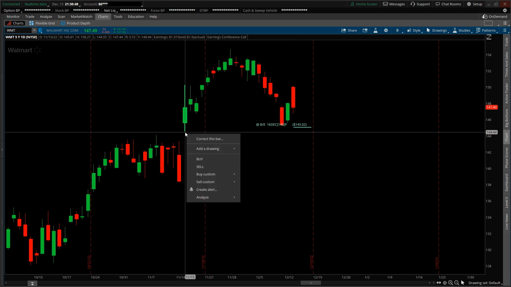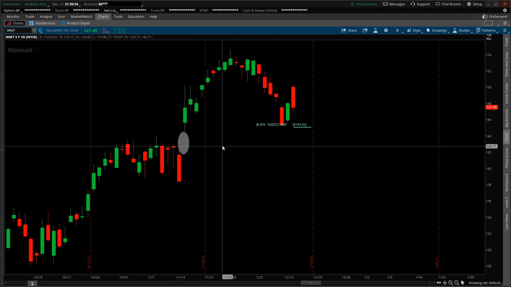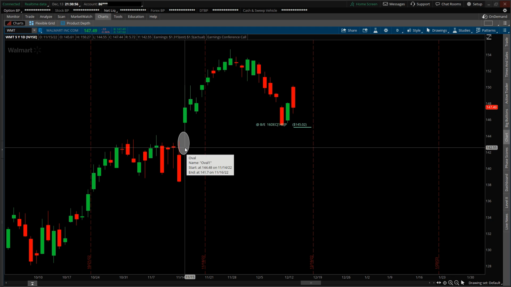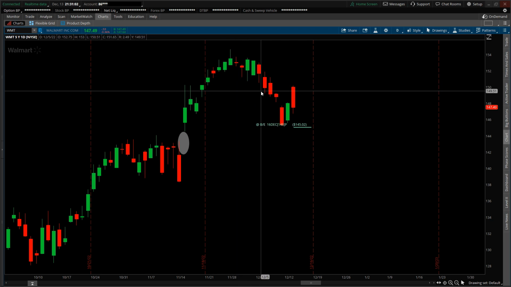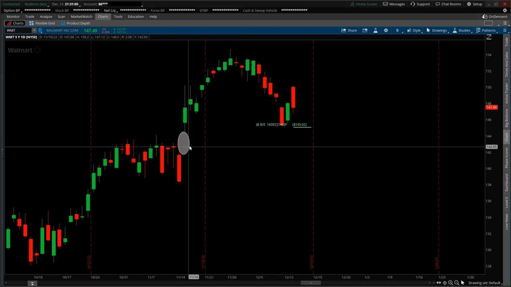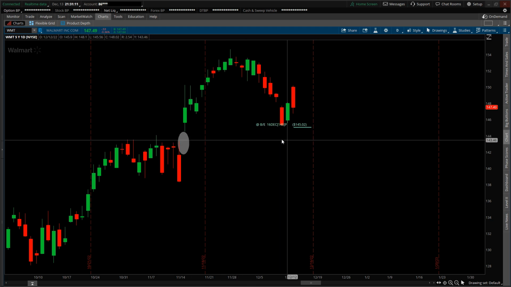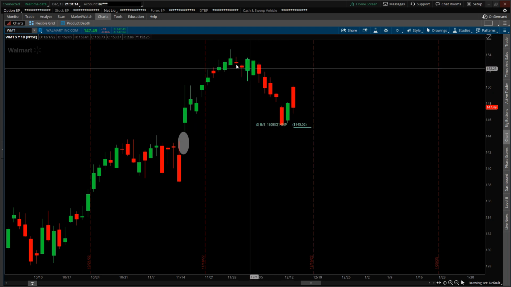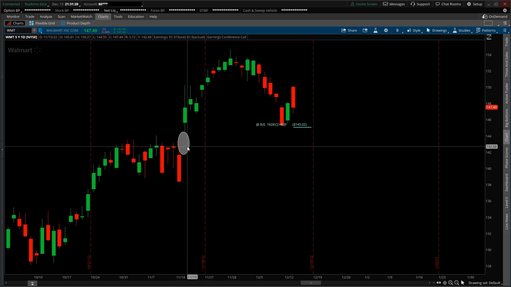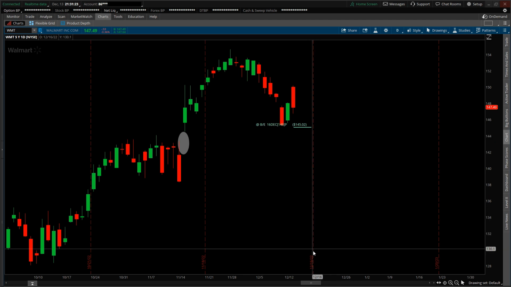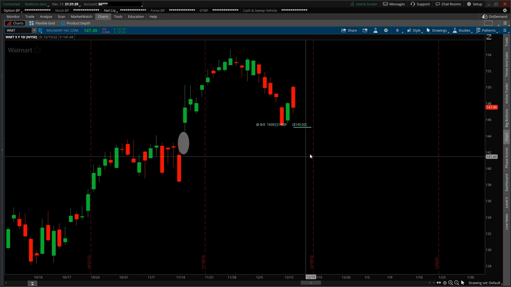And also it gives Walmart the opportunity to fill this gap, right? Because the market is efficient, and eventually, at some point in the future, whichever direction the price is trading, price will reverse itself to fill this gap. And nobody knows when that's going to happen. It could be a few days, it could take a few weeks, it could even take a few months. But because it's losing momentum, that to me is increasing the probability that price could fill this gap. I'm not saying it's going to fill it by Friday, but it's something that price may gravitate towards heading into